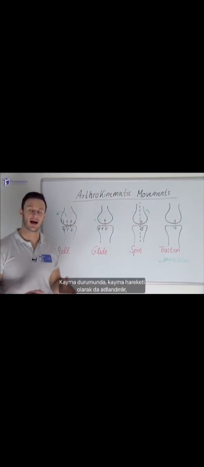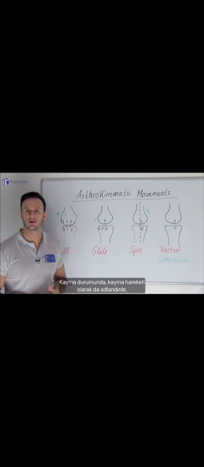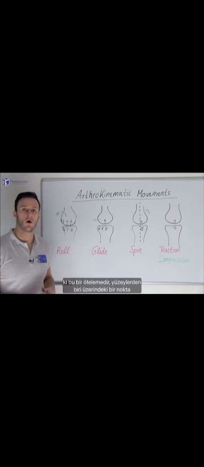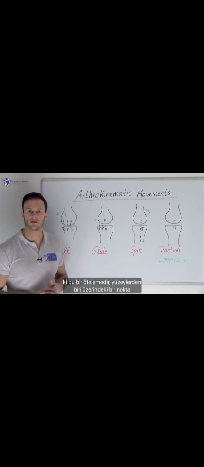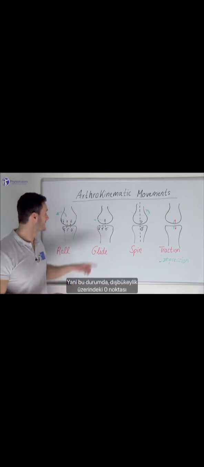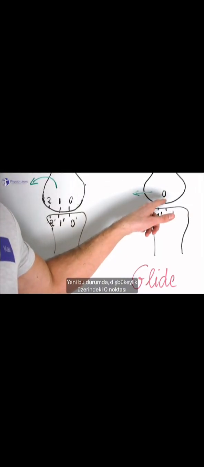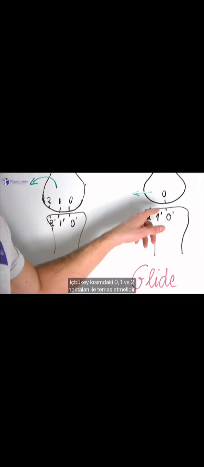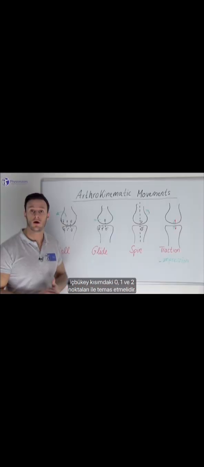In case of a gliding, also called sliding movement, which is a translation, one point on one of the surfaces is contacting new points on the opposing surface. So in this case, point 0 on the convexity will make contact with point 0, 1 and 2 and so on